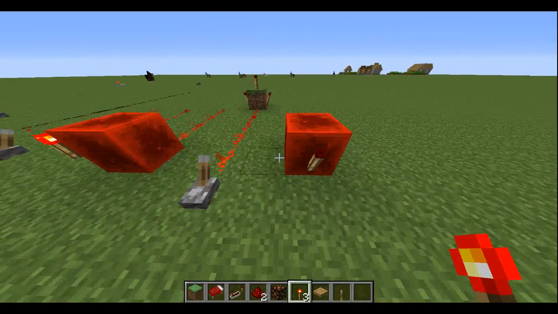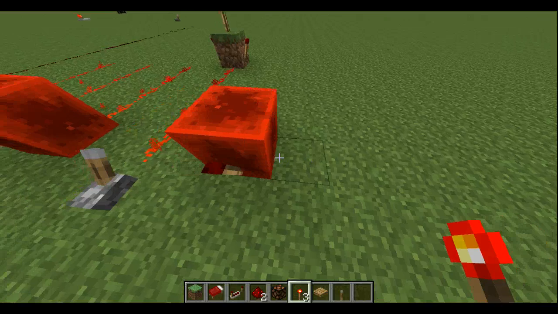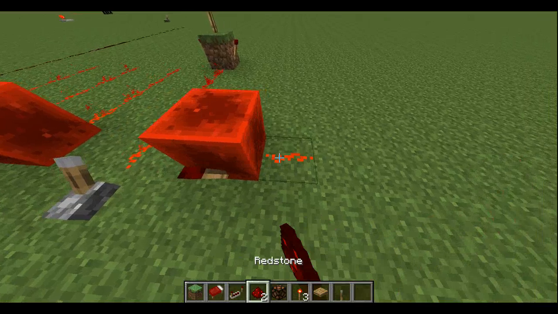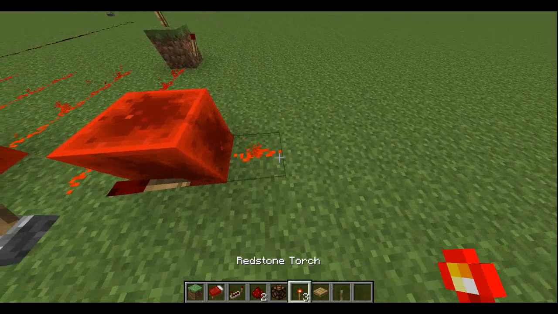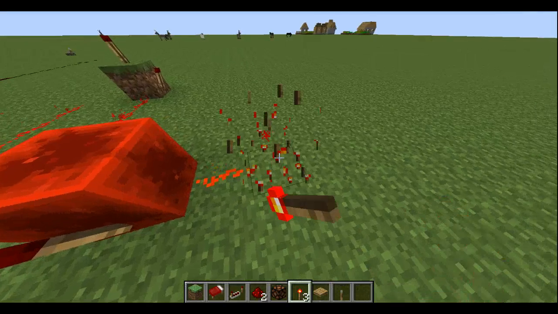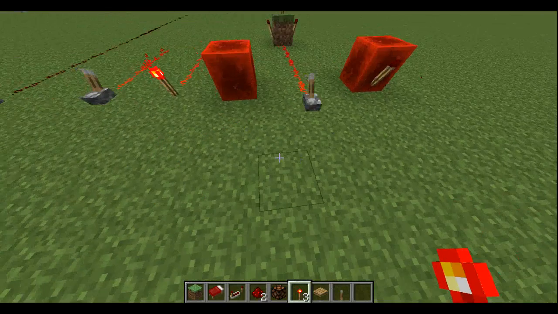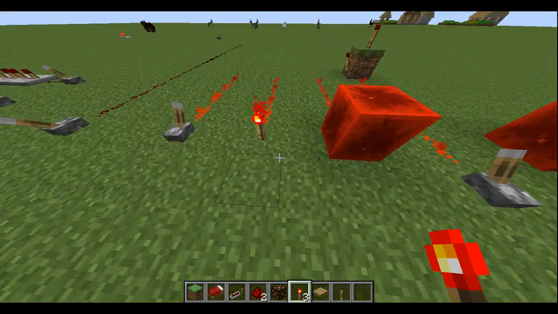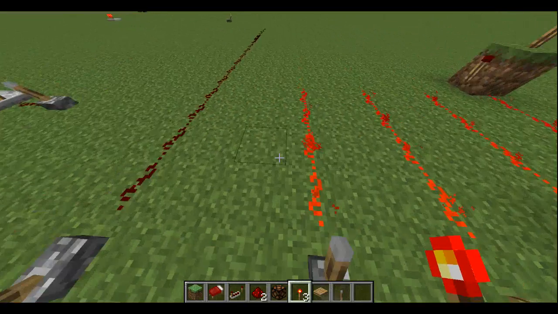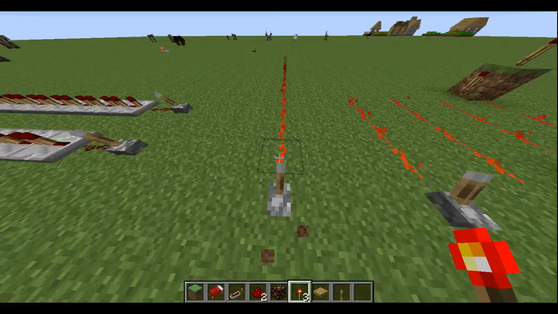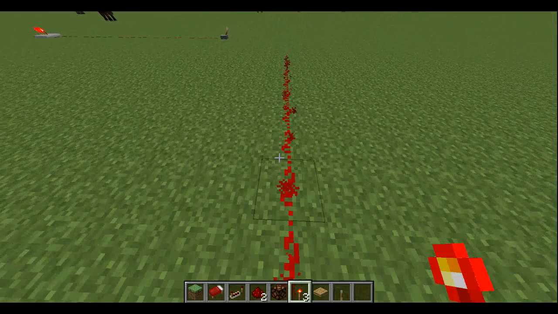And if you put it to an endless power source, then it does turn off, but then if you use that to power a redstone torch, then it does not work. Anyway, another thing about redstone, as you can see from this example, is that it has limited range,